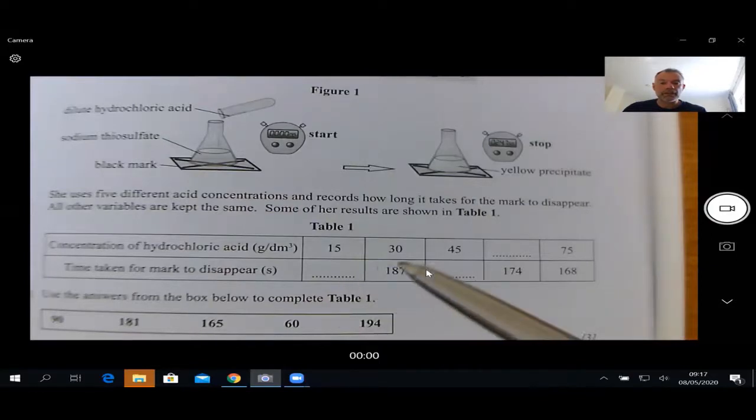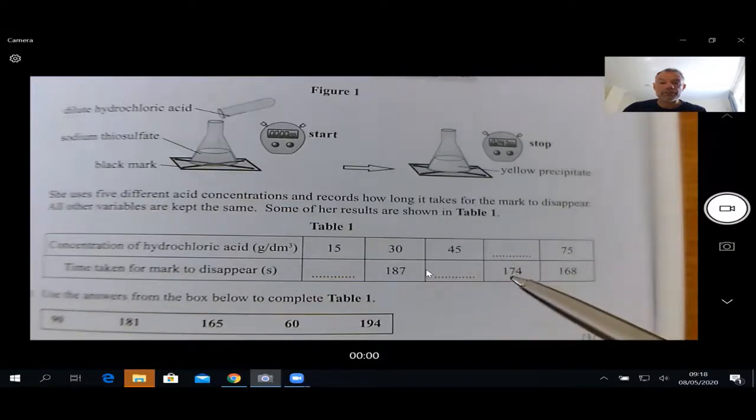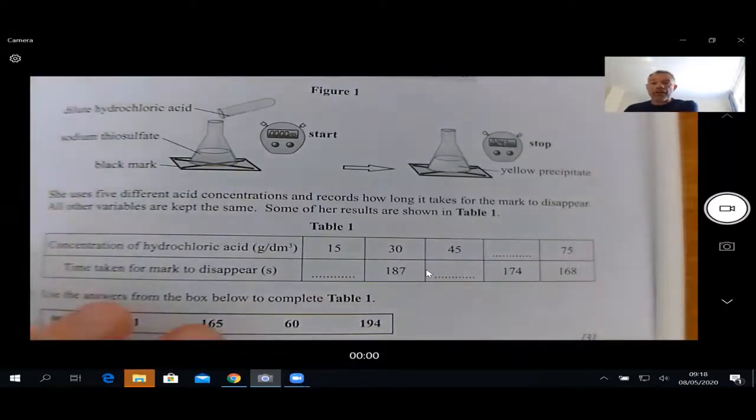Okay, the concentration goes up. Now we're looking at 45. So this is a higher concentration than 30. The reaction will be faster, so the time will be less. So we're looking for a number that's less than 187, but more than 174. Less than 187, more than 174. That one there, look, would that be it? 181? Yeah. And then this is a more easy one. The concentration is going up. We're looking here for a number between 45 and 75. So that could only be 60, can't it? Okay. So that is your